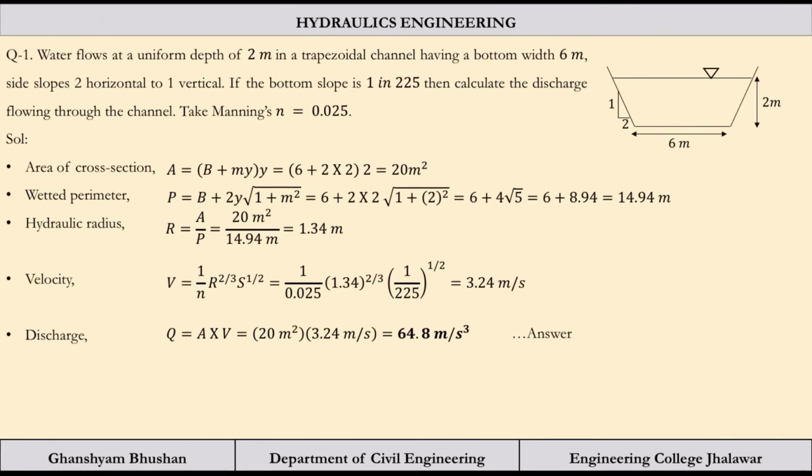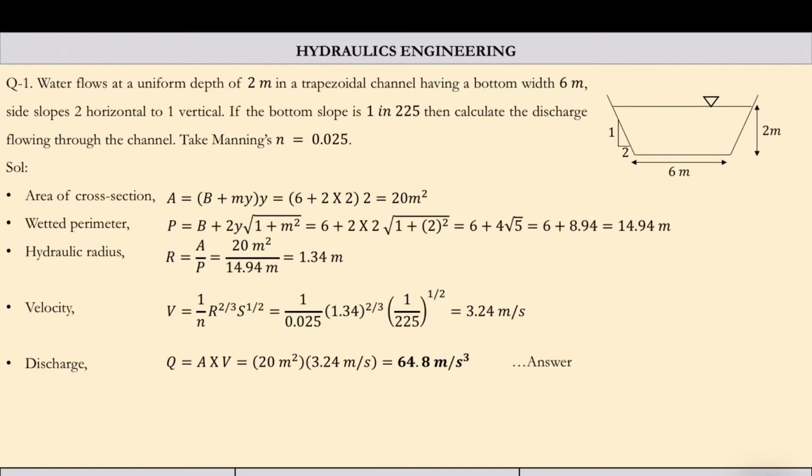So let us see. So area of a trapezoidal section can be given by this formula, that is (b plus my) into y. So you can refer to previous lecture how this expression is coming. In the exam you have to write the full equation, like how this equation is coming, half (b plus b plus 2my) into y, that is (2b plus 2my) into y by 2. So finally you will get (b plus my) multiplied by y. So b is given to us, m is here 2 because 1:2 is given, m was the side slope, y is given, so we can have 20 meter square. Now if we are able to calculate velocity, then multiplied by this area we will get the required discharge.